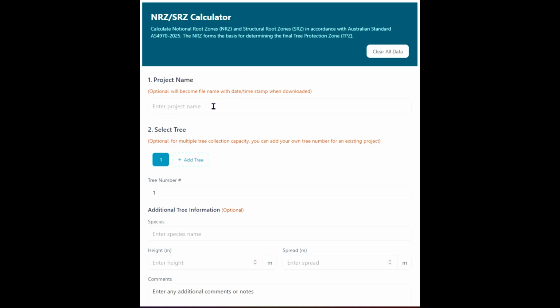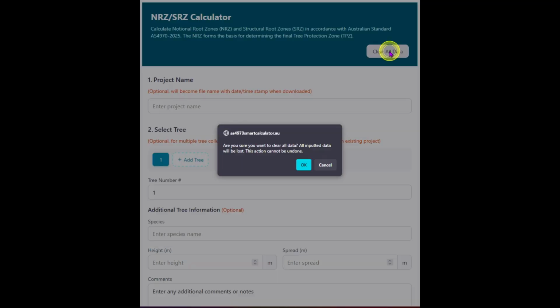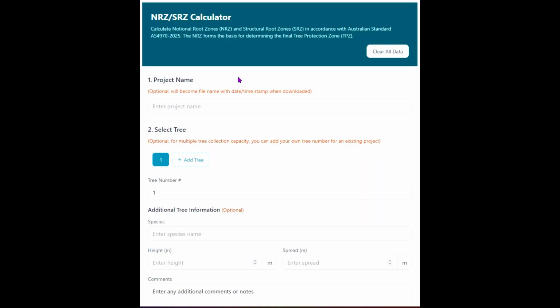Okay, what you see on your phone screen is going to be the same as what you see on your PC screen. So how to use this calculator, I like to do a clear all data before you start, just in case there's any remnants from a previous project. Anyway,